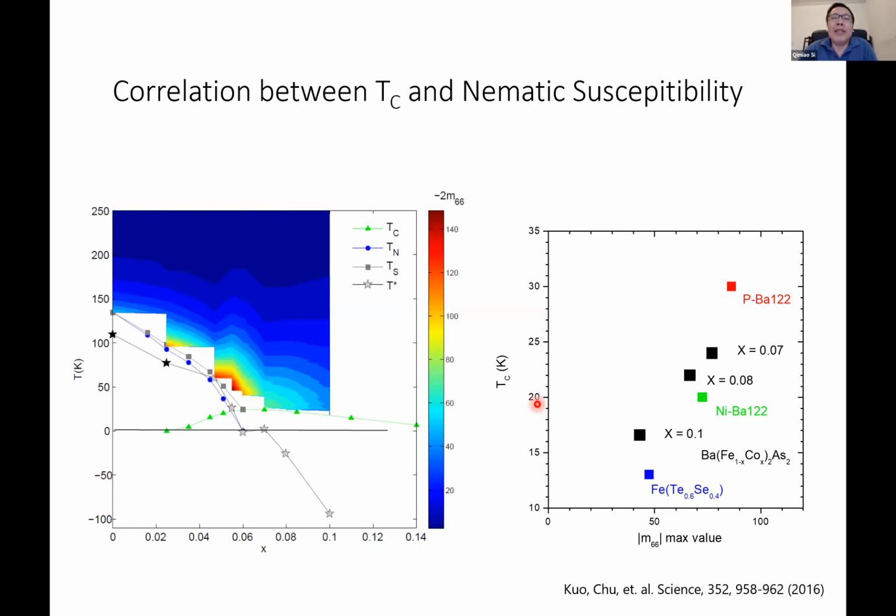But in principle, there's a second way, which is that the transition could be first order, in which case this T star parameter that you get from some kind of Curie-Weiss type of fit of the nematic susceptibility would also be different from Ts. So I just wonder how much